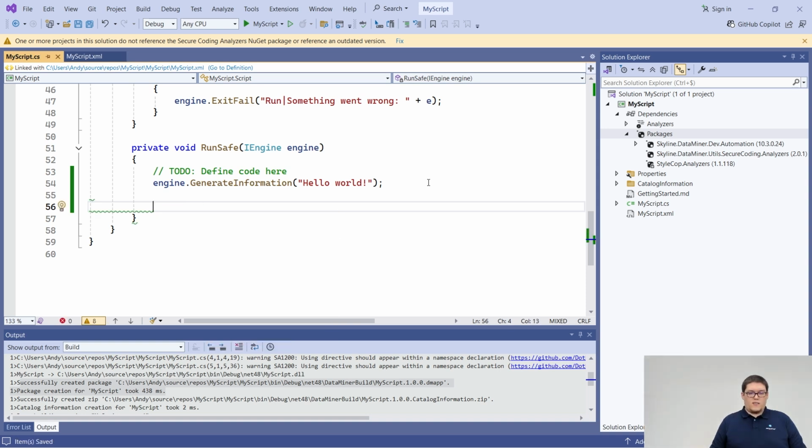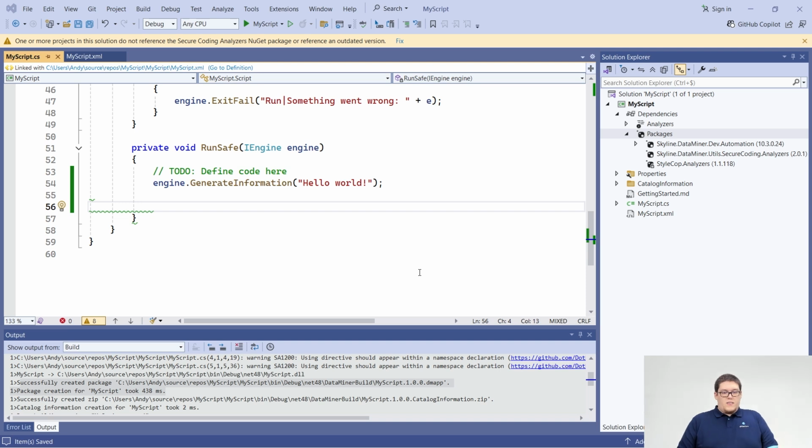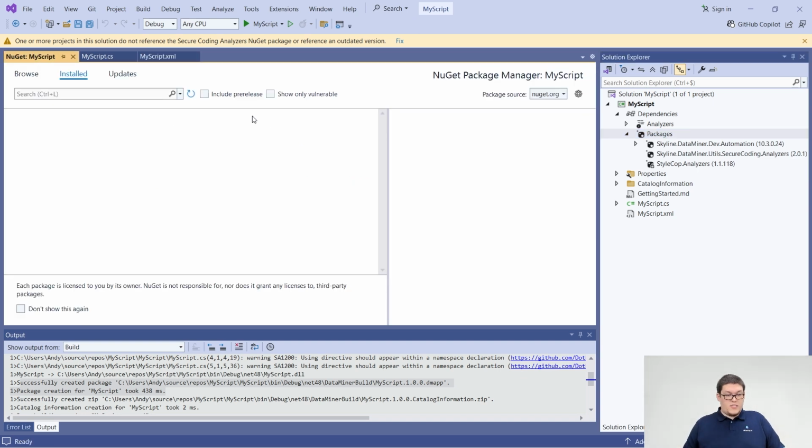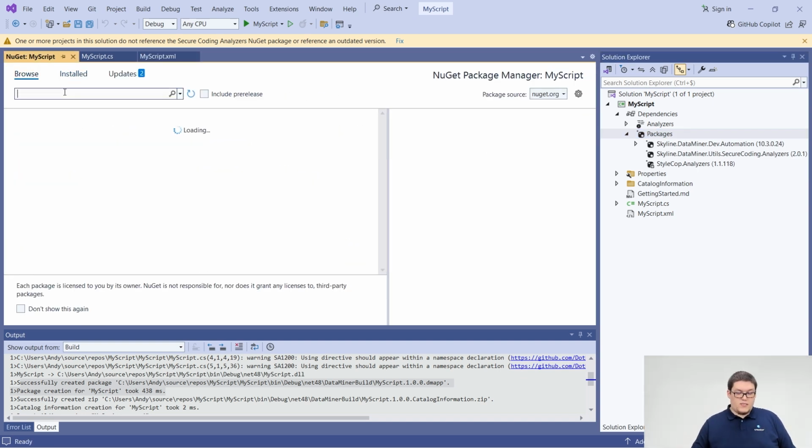But we made something which is called the Skyline.DataMiner.System NuGet package, which is a unified way of accessing your DataMiner system. So, how to install that one? Well, again, it's a NuGet package. This time, we just need to add it ourselves. We don't add it by default. You can just browse and search for